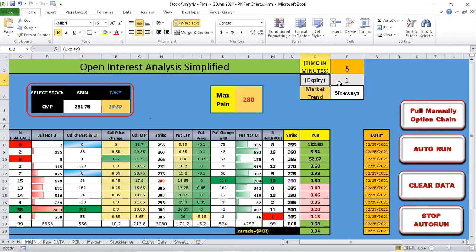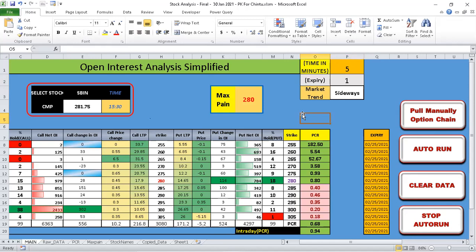You also see a column expiry here. Expiry 1 for stocks would mean the current month. Expiry 2 would mean the next month. And expiry 3 would mean the far month expiry for that particular stock. Similarly, if we choose Nifty and Bank Nifty here, then we will see one will be the current week, two would be the next week, and so on and so forth. You can keep pulling data beyond 3 weeks or 4 weeks. So these are the two key changes which we have made.